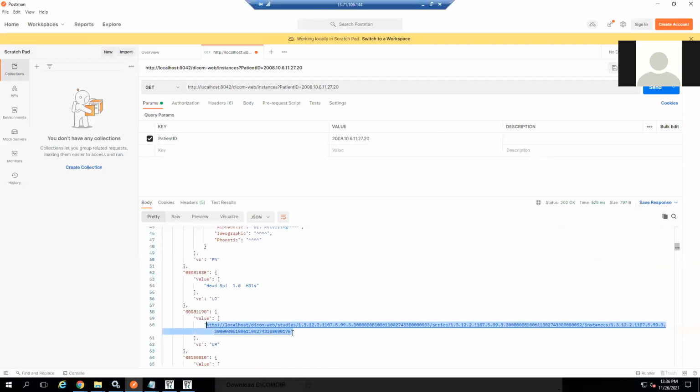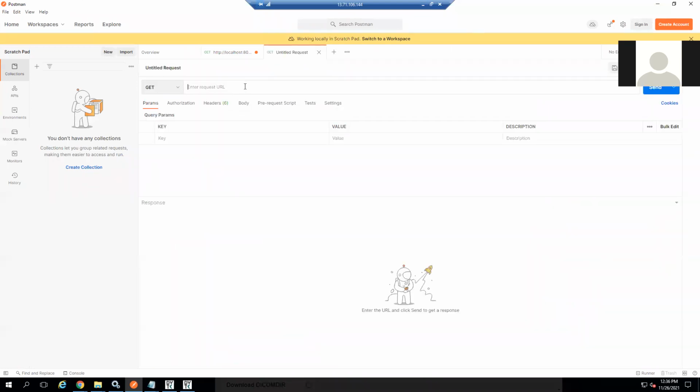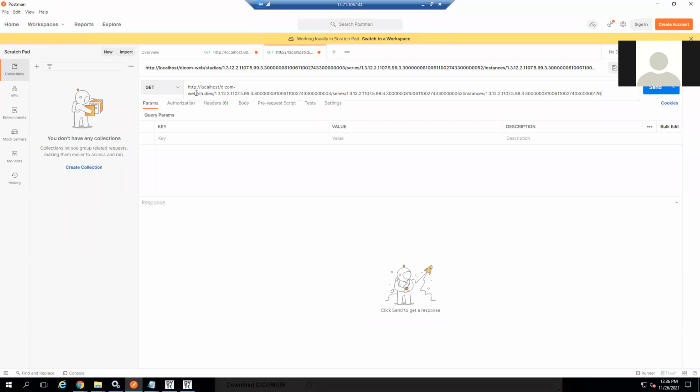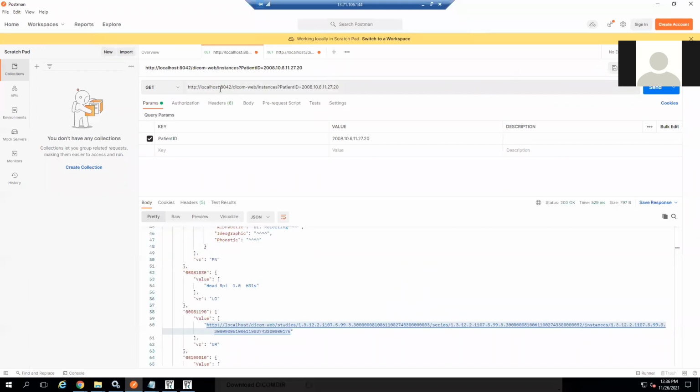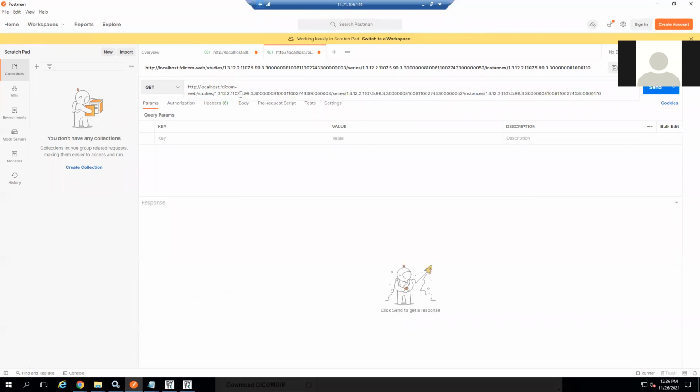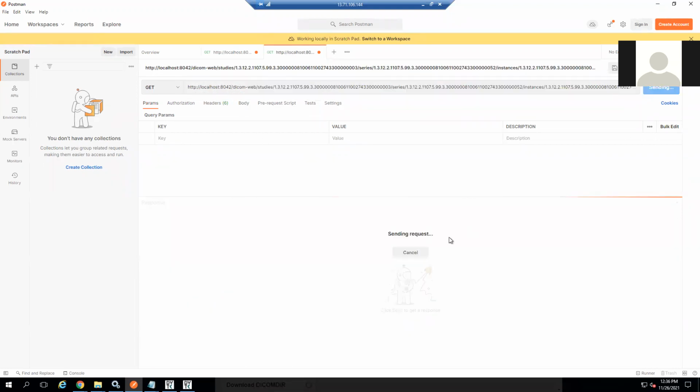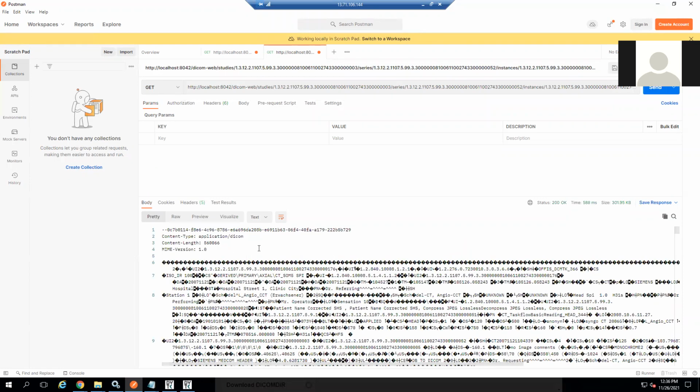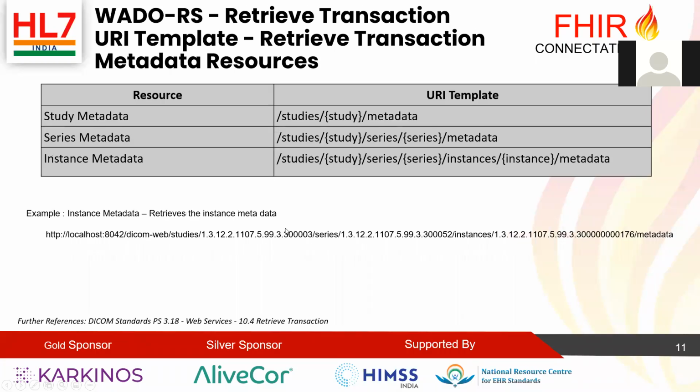So this is the URL which has been given for retrieve purposes. I'll take this and then retrieve it. Before I retrieve it, I need to put the port number also over here. Okay, the port number is 8042. Okay, now what happened? It has retrieved the metadata over here. I'll explain what this is and everything. Before this, I'll go to the other slide. Metadata, I'll come to at the last.